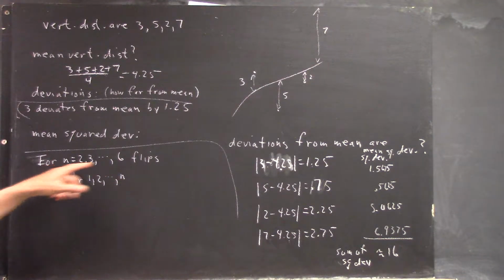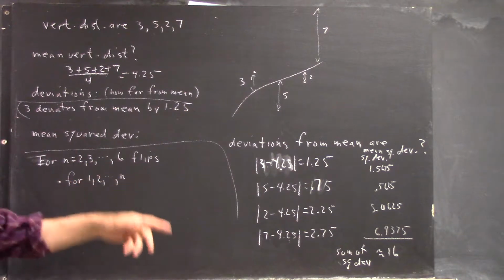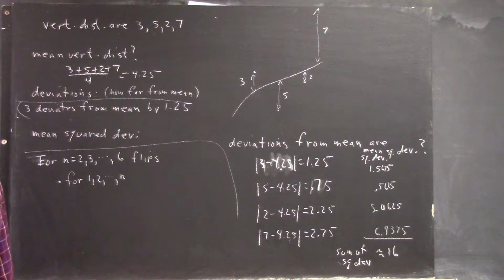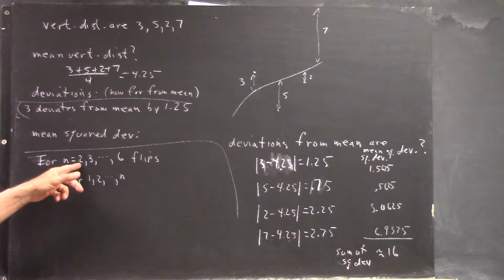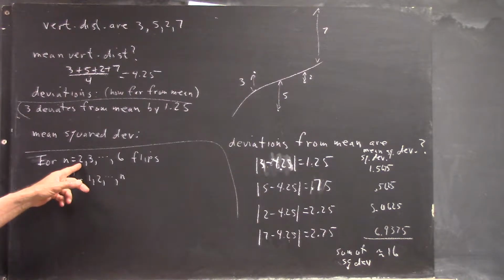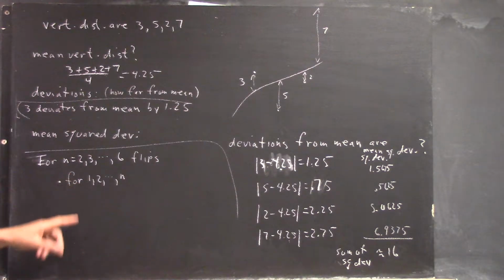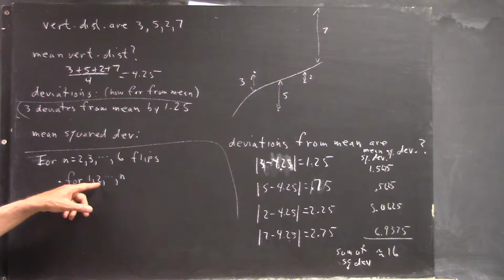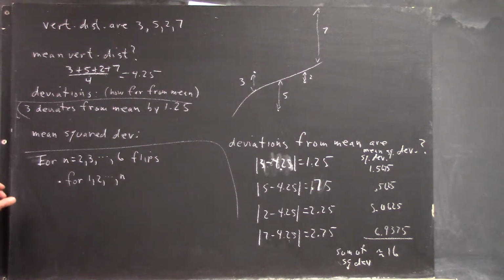So again, when you see this, you know you can't do 2 flips, 3 flips, 4 flips, up through 6 flips all at once, right? So it makes sense. First we do 2 flips. Now n is 2. We've established that. For 1, 2 through n,